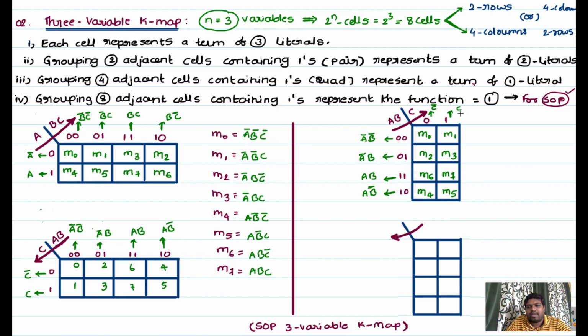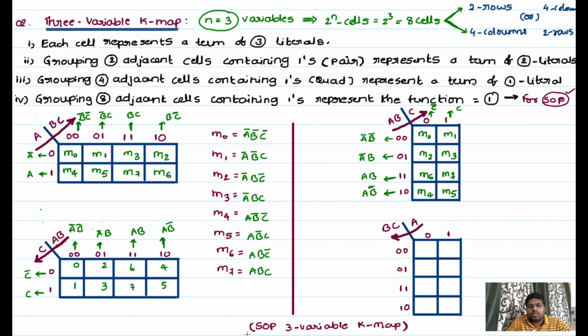So 1 1 1 binary equivalent is nothing but decimal 7 only. This arrangement is from left to right because of this upward direction of arrow, and in the same way you should consider this downward direction. I will take the first variables. This is the A variable and this is the BC variable. This one should be assigned with 0 and this one should be assigned with 1. Here I will take 0 0, 0 1, 1 1 and 1 0.